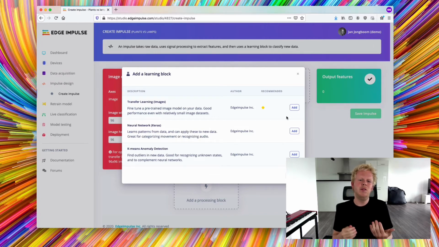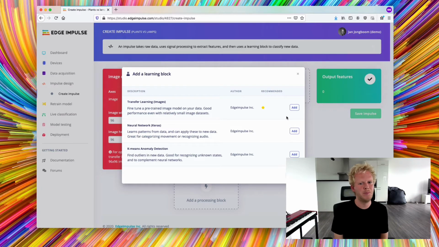And these will often be the same regardless of your data class, as long as you're doing stuff with photos and things in the real world. However, if you have very little data, it's very hard to train a model like that. Because if we only have 110 images, there's probably ways for the model to take shortcuts and not learn that a plant is green and has leaves, but rather that there is something that distinguishes the plant from the lamp. Here probably maybe there's a bit of white background